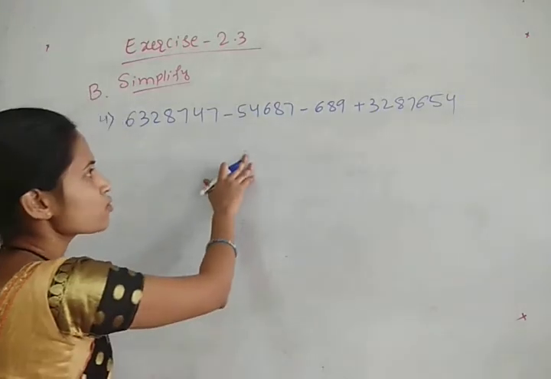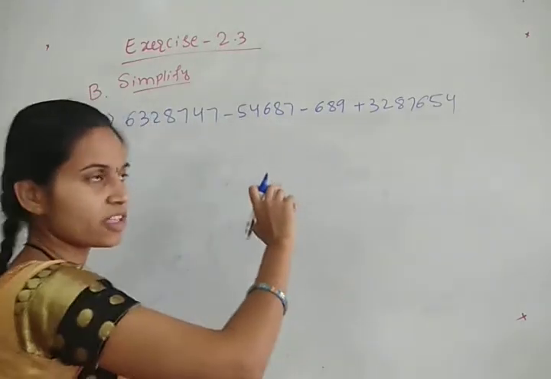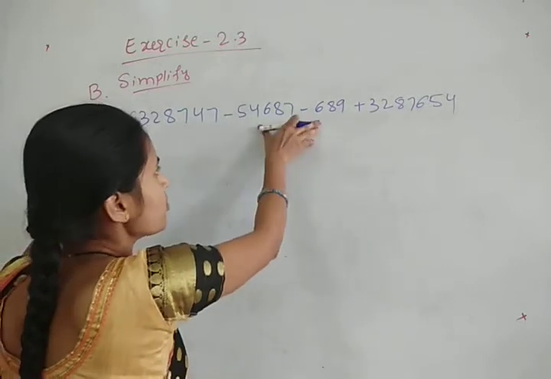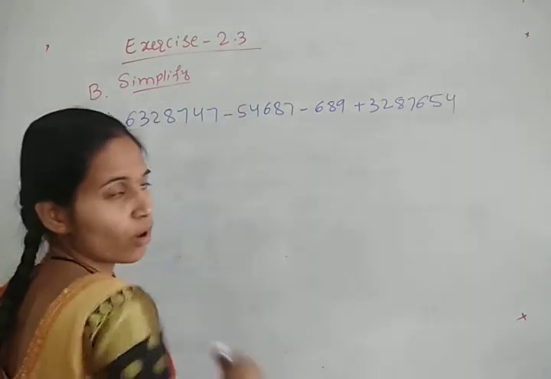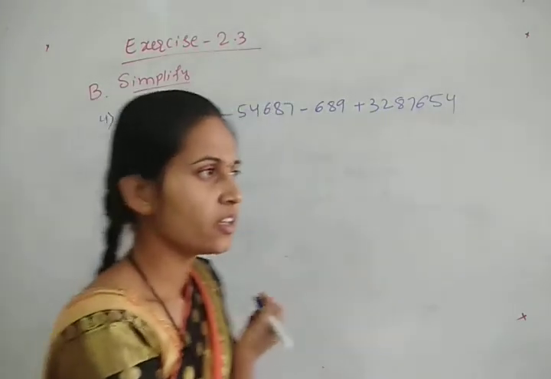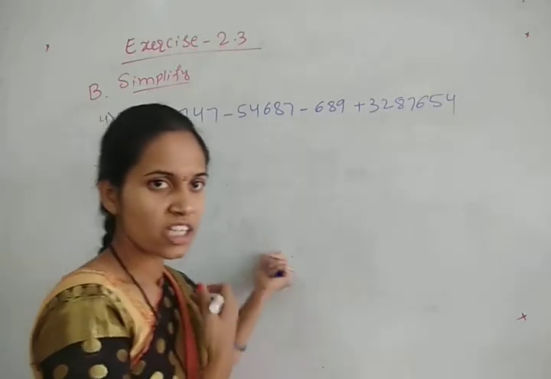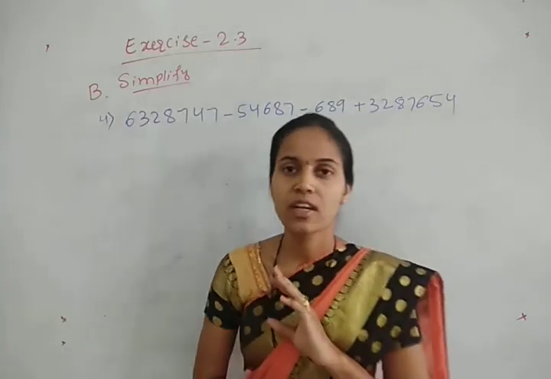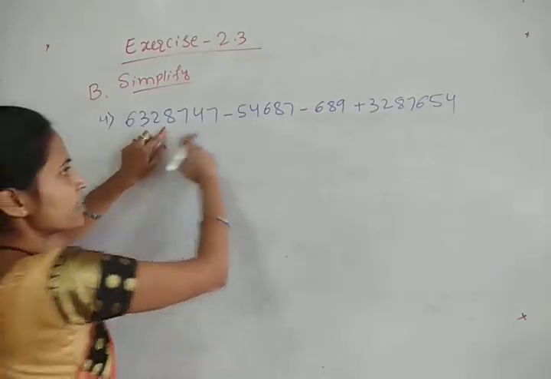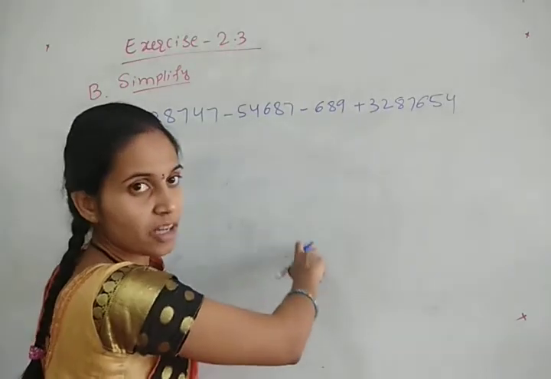So in this problem also we are having two plus symbols, the two numbers with the plus symbol. This one is and this one is the second one. And these two numbers are having the minus symbol. Okay, so it is same as the previous problem only. In the first step, what we will do, we will write the numbers with the plus symbol on one side and the numbers with the minus symbol on another side. Okay, so now I will write this number and the last number one side because this first number and the last number are having the plus symbol.